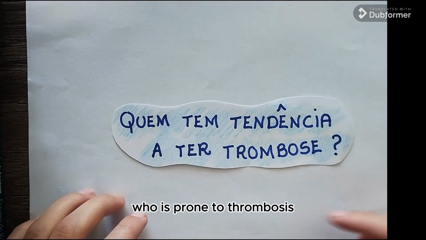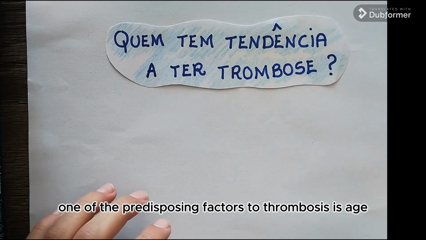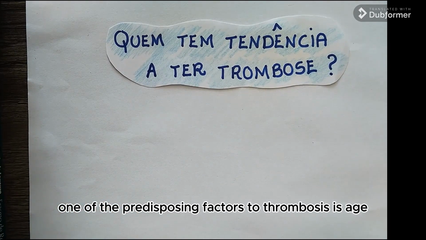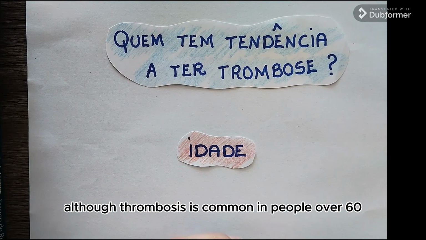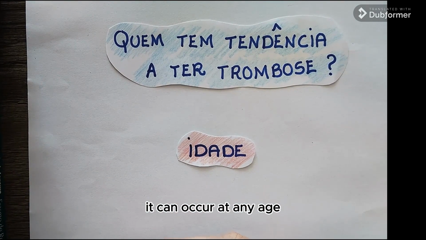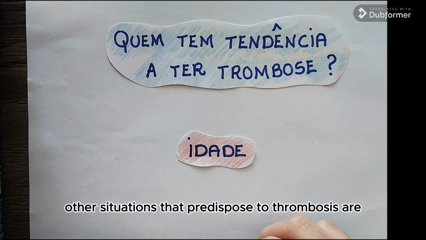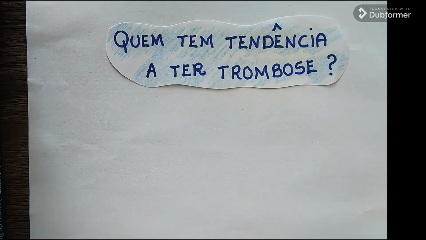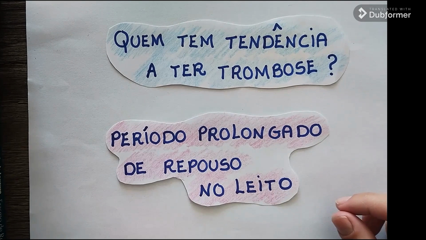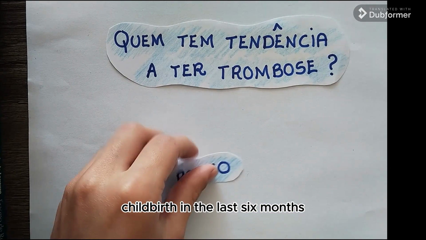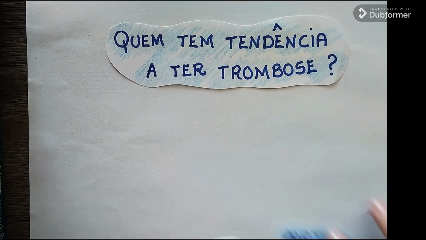Who is prone to thrombosis? One of the predisposing factors to thrombosis is age. Although thrombosis is common in people over 60, it can occur at any age. Other situations that predispose to thrombosis are prolonged period of bed rest, childbirth in the last 6 months, obesity,